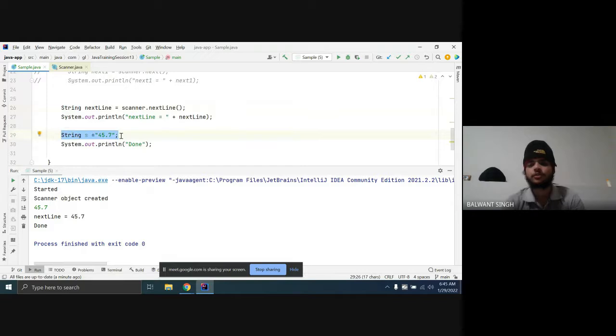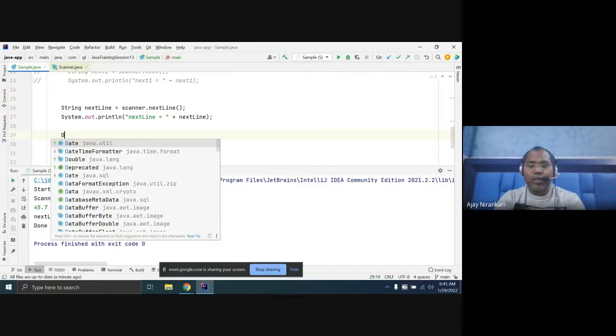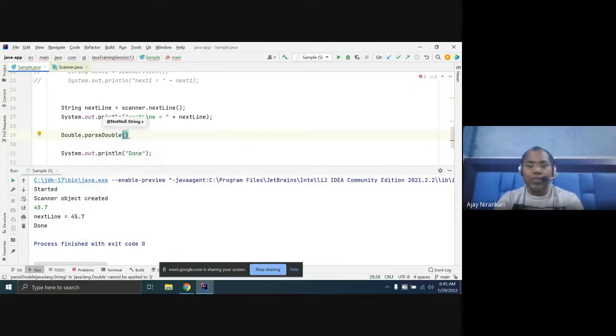So firstly, we have to use Integer.parseInt. Here, you want to create a double, so you use the Double class, Double.parseDouble, and parse your next string, and now you can get the double value.